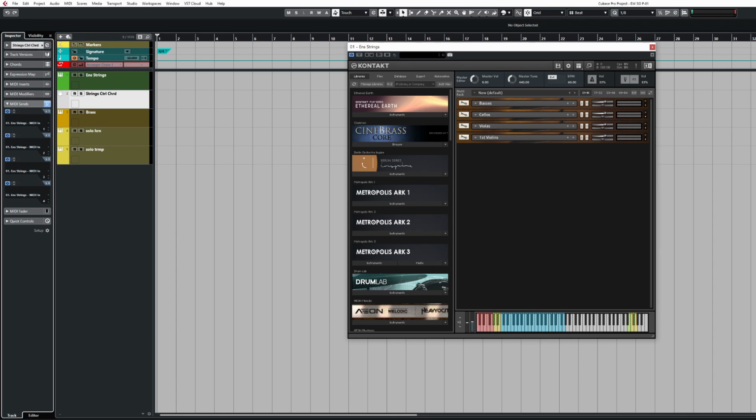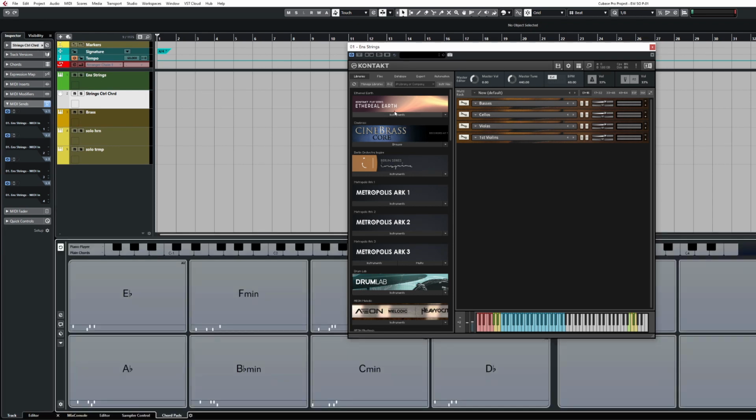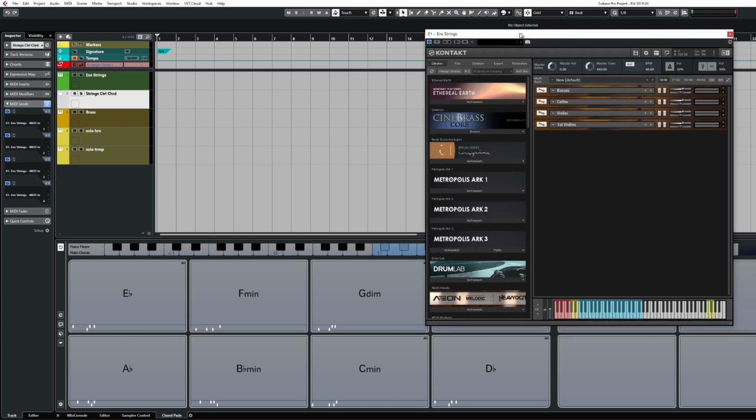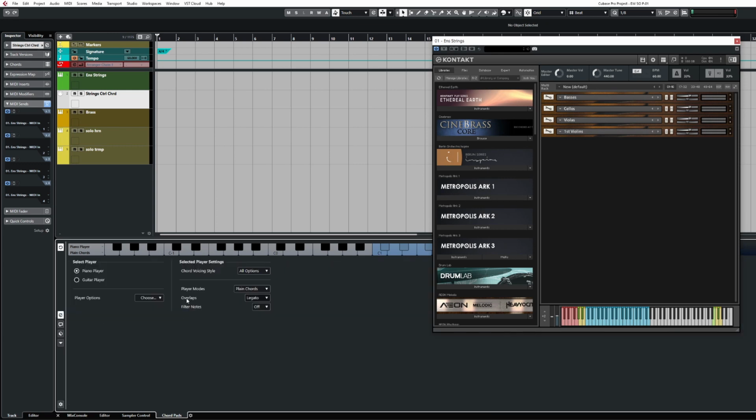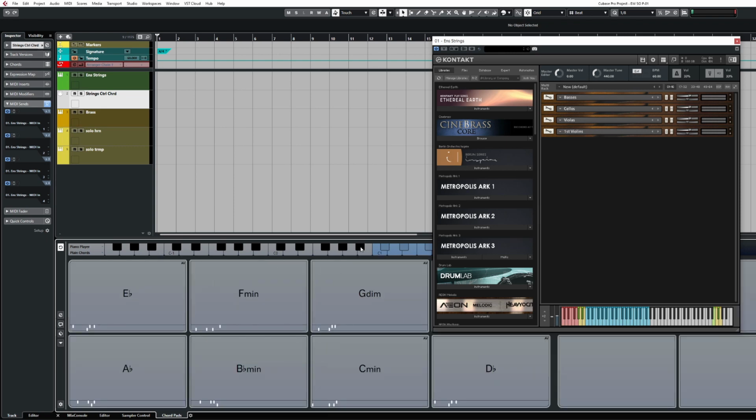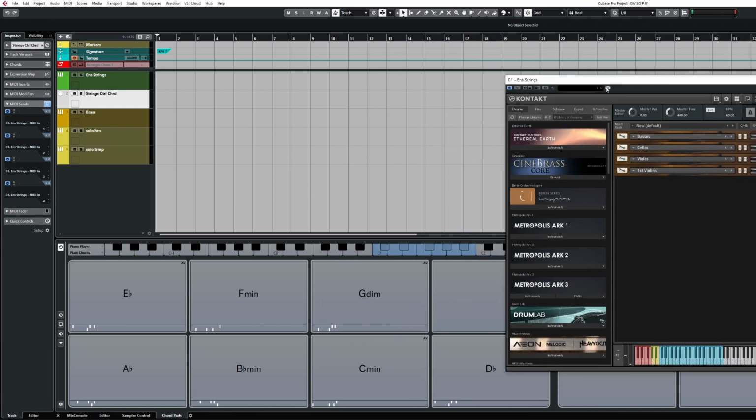Now chords in Cubase, the chord pads, are really handy. And what I would suggest doing before using them, when you're about to use this technique, is once you've found some chords you like and you've loaded them into your chord pad, just go to the E button here to show the player setup and make sure your overlaps are set to legato because this will save you any headaches when actually doing this and playing. Now, with the chord pads open, if I now play one of the keys that triggers a chord change, so C1,